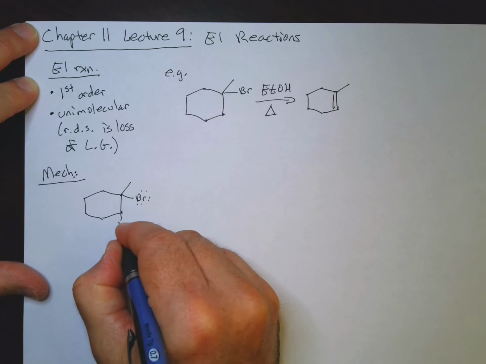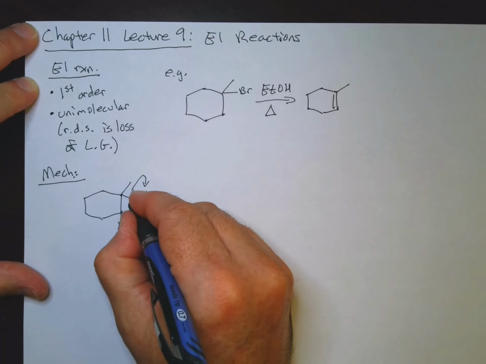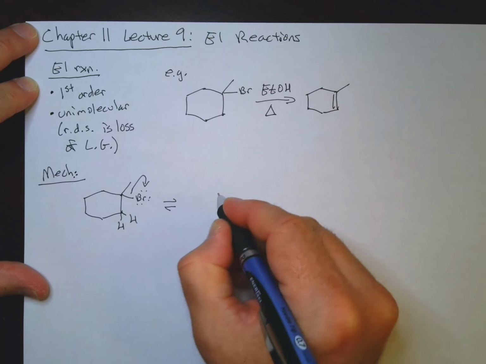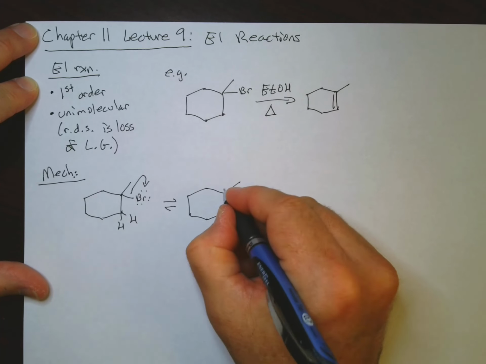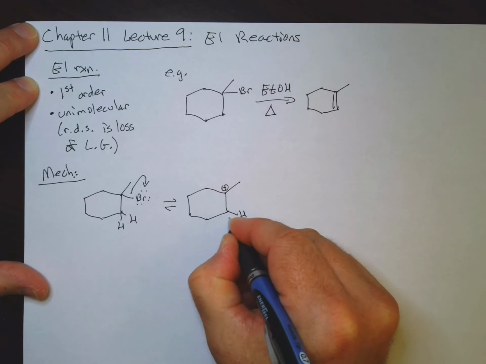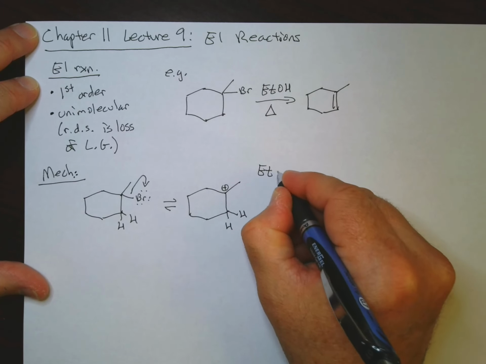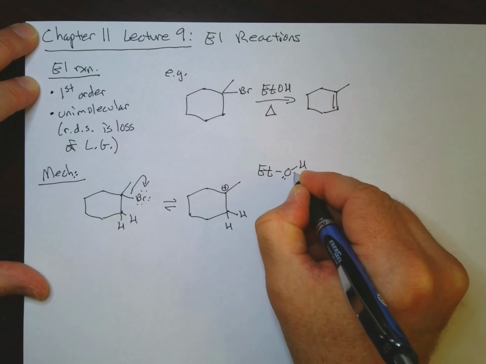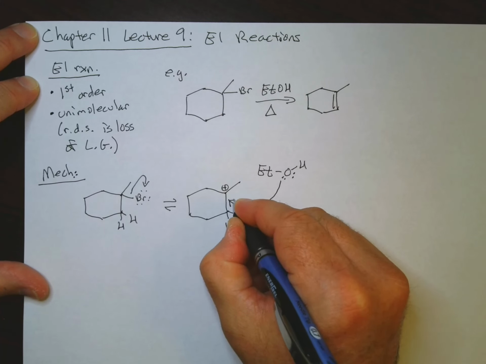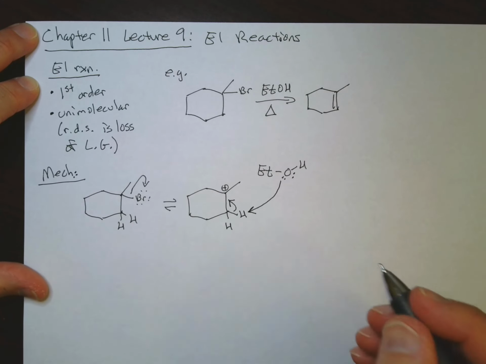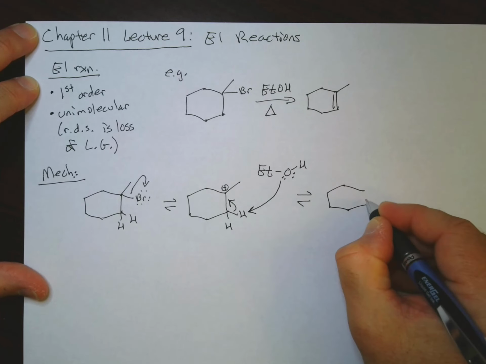I'm going to go ahead and show my hydrogens here because they're going to be important later on. My rate determining step is, of course, loss of the leaving group. And that gives me now a carbocation. Now I can have my EtOH here come in, and that can pull off a proton. So with SN1 it added to the carbocation, but here we're going to pull off a proton, and that now gives us our final product,